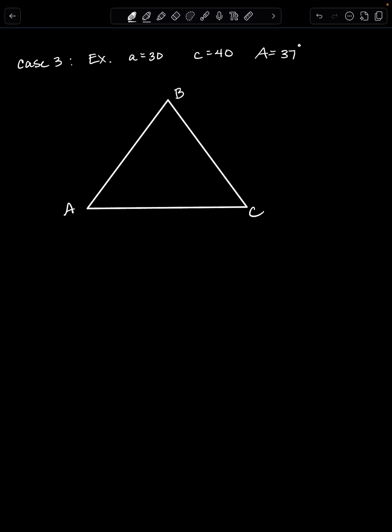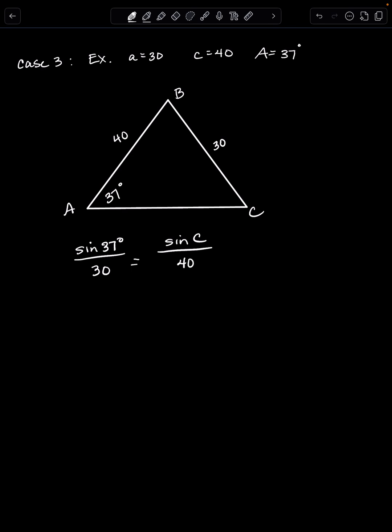We've got side A is 30. We've got side C is 40. And angle A is 37 degrees. All right, what angle do you have to solve for here? Pause. I hope you said angle C, because I've got my A's, so I've got the sine of 37 degrees over 30 has to equal the sine of C